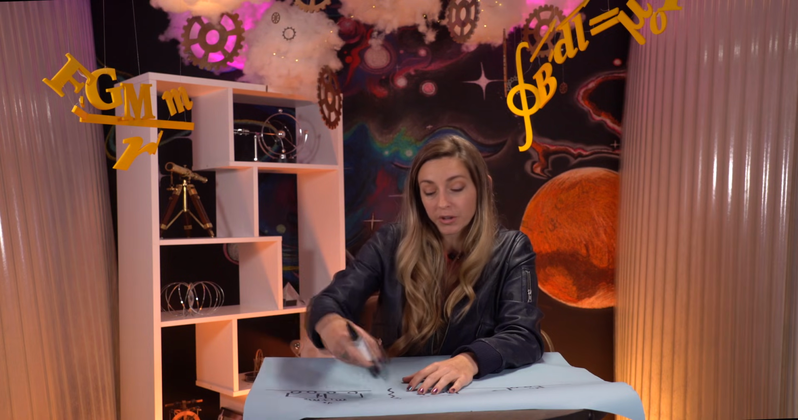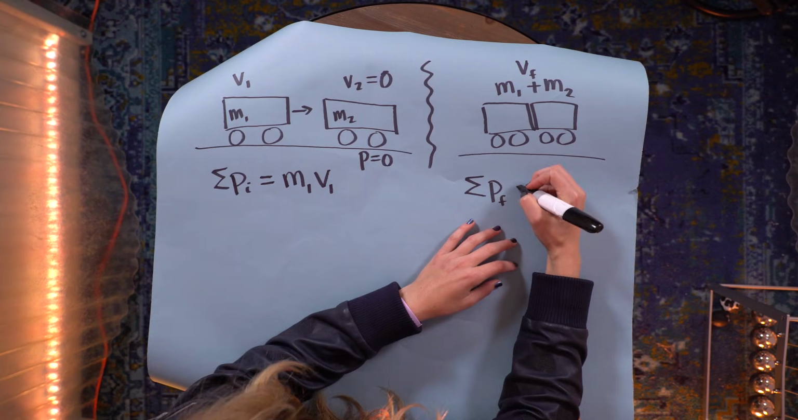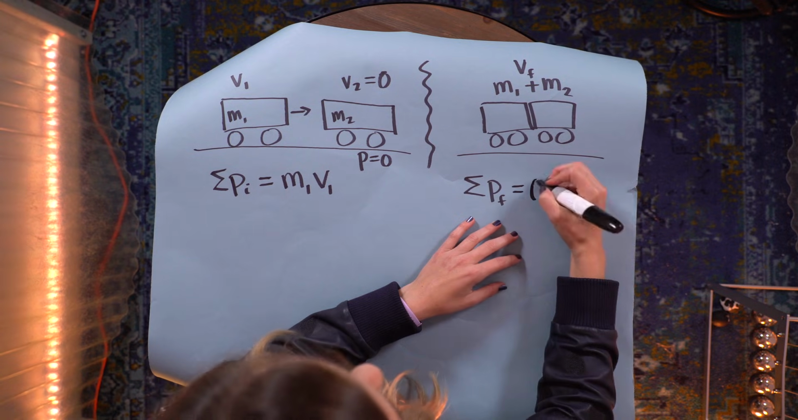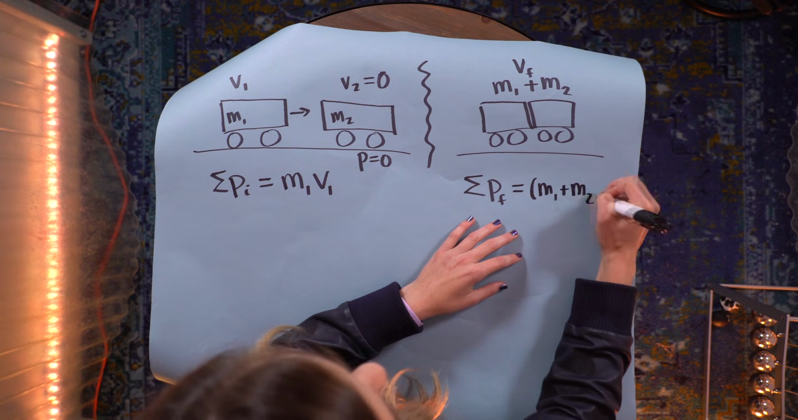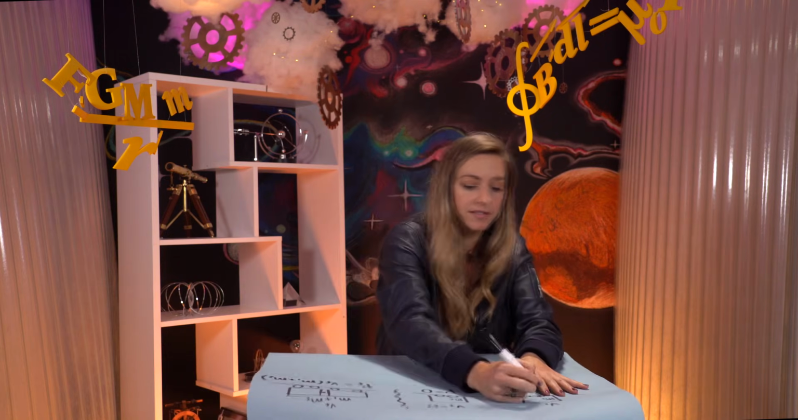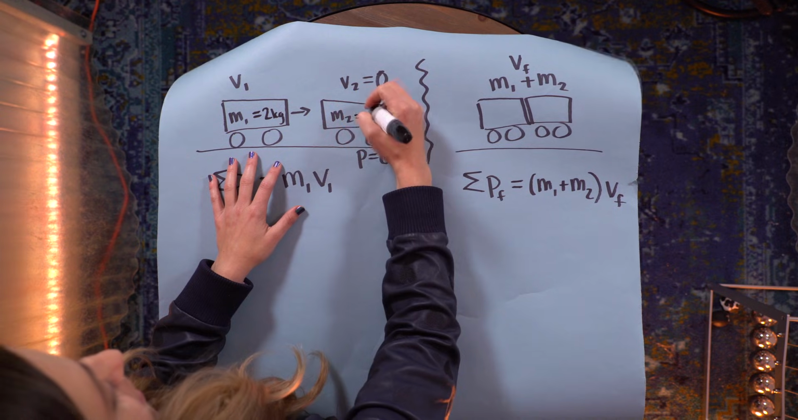And after the collision, that momentum will be in the coupled cars moving together. P final equals the total mass times the final velocity, so (m1 + m2) times v final. Now let's give the cars some masses. Say we give them the same mass, 2 kilograms, and we give the first car a speed of, say, 12